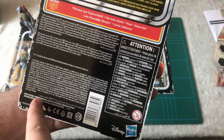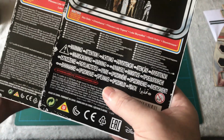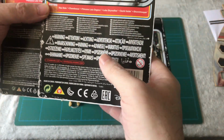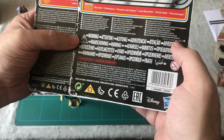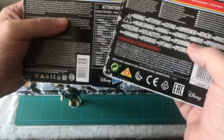These new ones are made in Vietnam. The figures are meant to be better than the old figures. I did the review on the Stormtrooper, and these were made in China. They moved them to Vietnam because the figures looked okay, but as play value, they were severely lacking. So the card